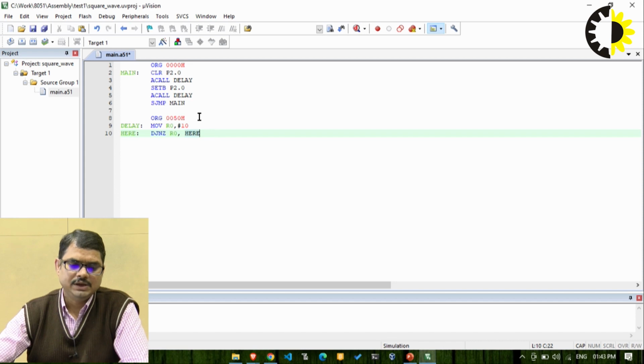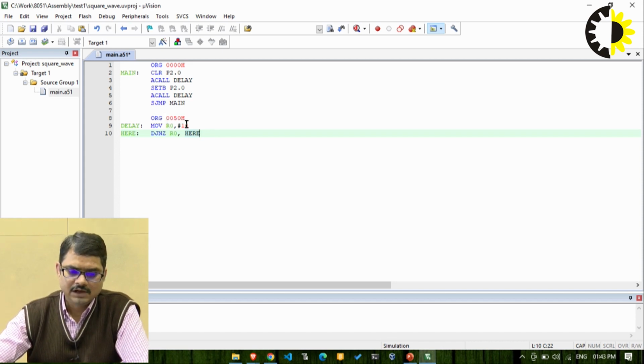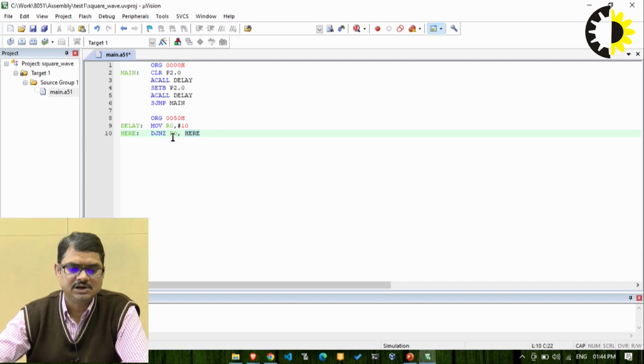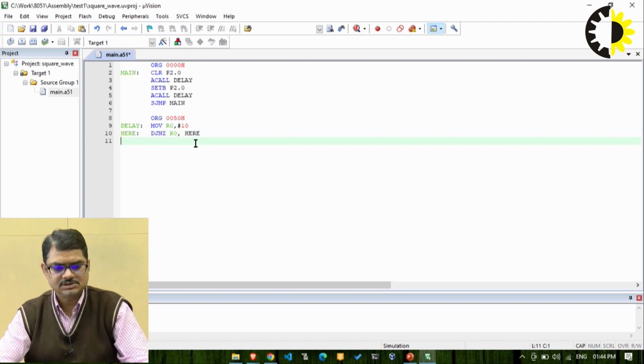So what we are doing is putting one value into the register, decrementing that value, and checking whether it is 0 or not. If it is not 0, then again we decrement that value. So in simple words, I have executed at least a minimum of 10 machine cycles of this 8051 microcontroller. This is the amount of delay that we can generate, and if it is good for us,